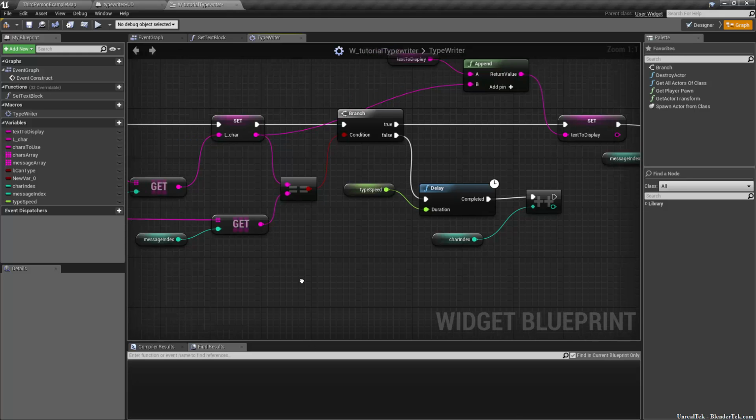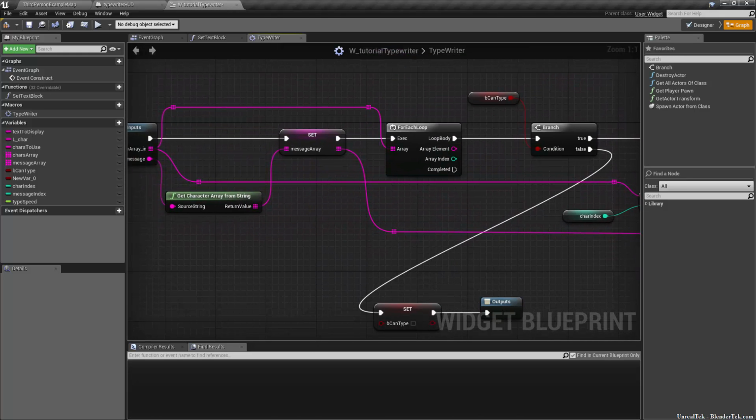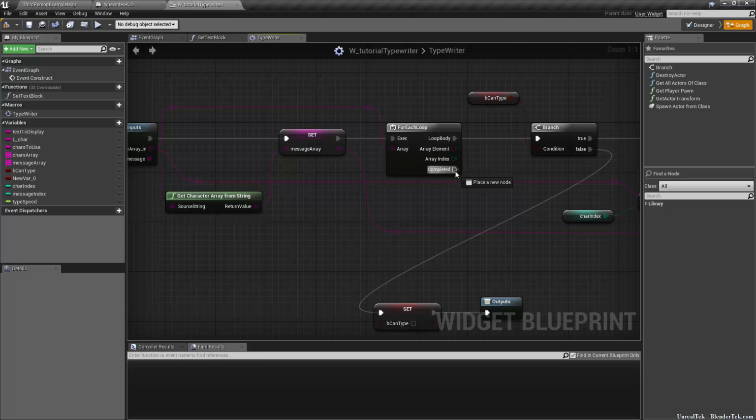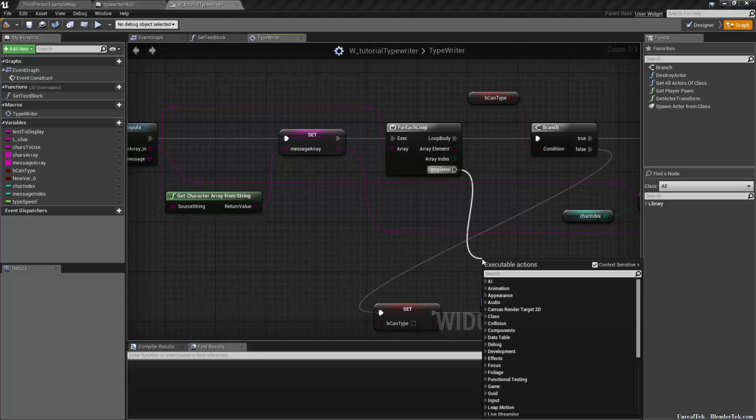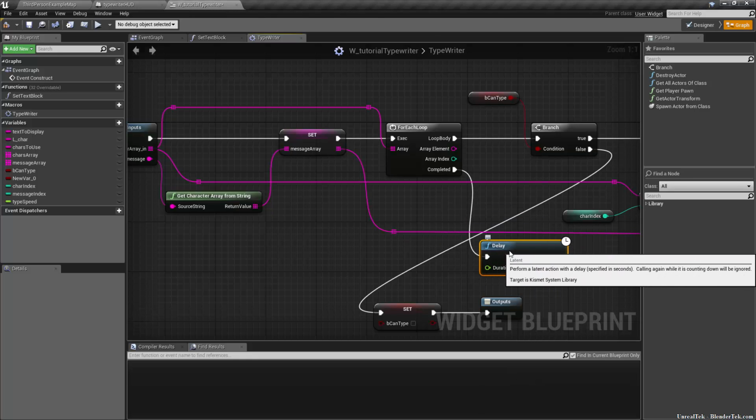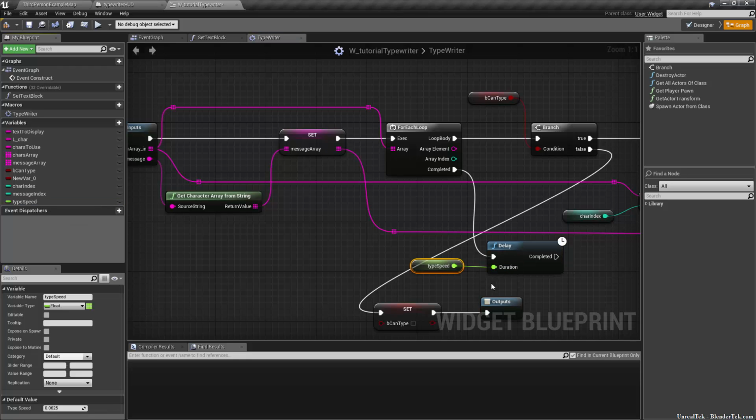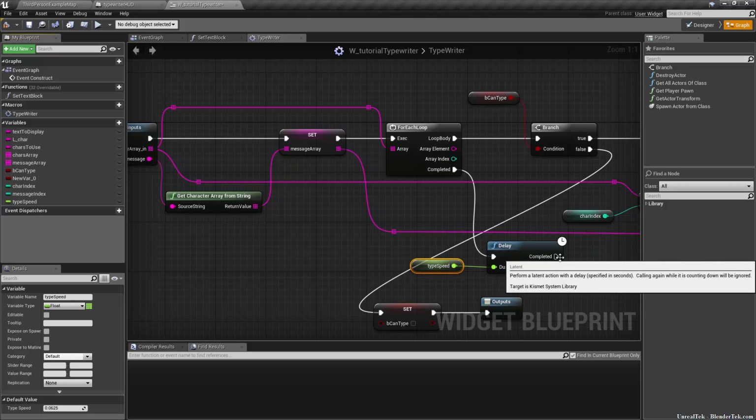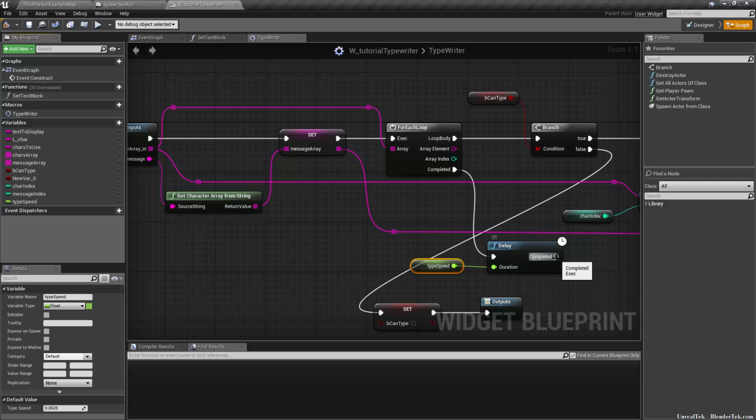So all we need to do now is go back to the for each loop at the beginning, and once it's completed, what we need to do is another delay of duration type speed. Otherwise this doesn't work for some reason. I think it's a little bit too fast. You need to delay it just enough so that the CPU can keep up. So once it's completed,